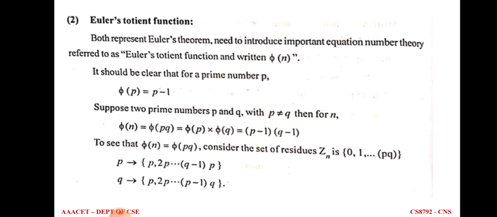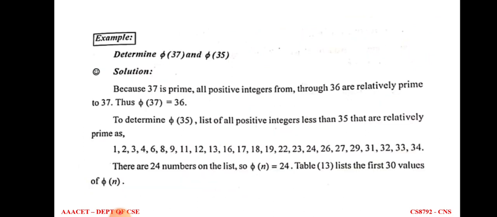If p is a prime number, then phi of p is equal to p minus 1. And if n is not a prime number, then it can be written as the product of primes, that is n is equal to pq, where p is not equal to q. Both prime numbers should not be equal, they should be different numbers. So phi of pq is equal to phi of p into phi of q. In that case p and q are prime numbers, so we can write the above formula as p minus 1 and q minus 1. So this is the Euler totient function and this is the expansion into p minus 1 and q minus 1.